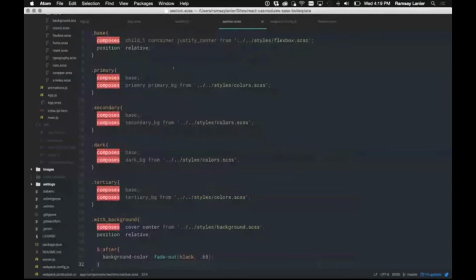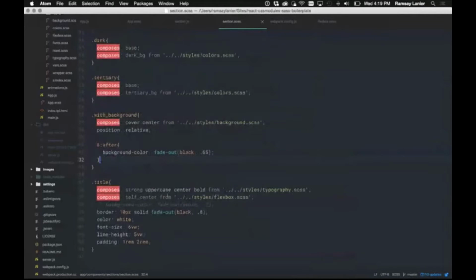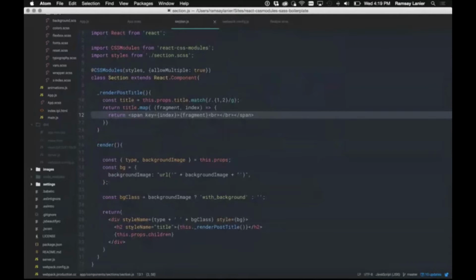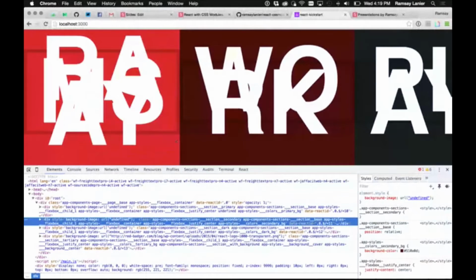Also, the last thing I want to show you is how awesome hot module replacement is. So let's look at these titles. They're font size 6 vertical widths. I'm going to change it to something ridiculously big, like 20, and save it. Oops. And then we get hot module replacement with our CSS as well. So I didn't have to do any refreshing or anything like that. This really drastically speeds up development time. It's very easy to debug some CSS issues that you have, although hopefully you'll have a lot less.